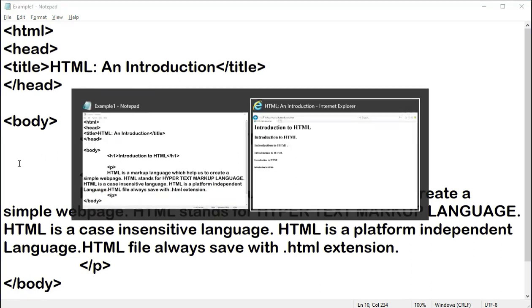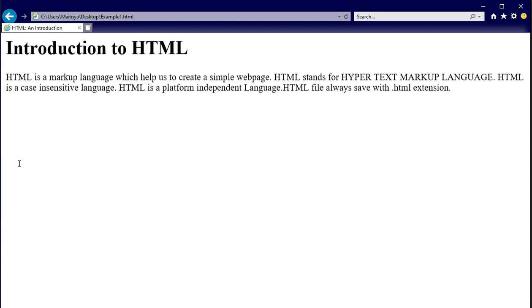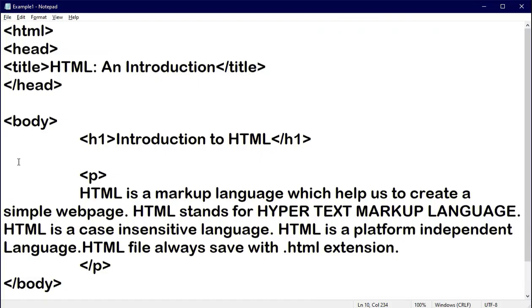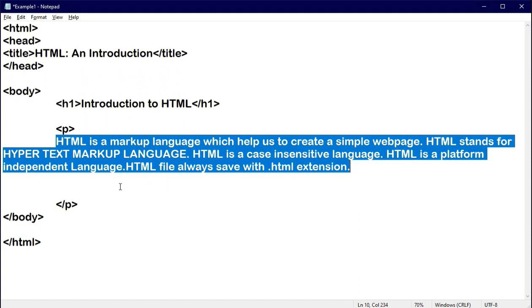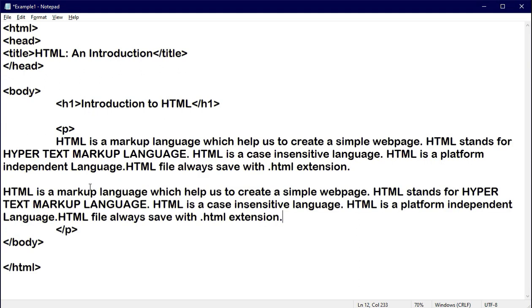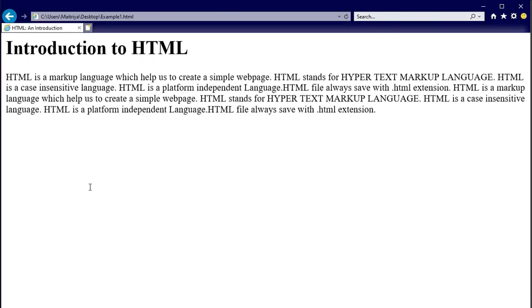Now this much information I have written. Just save your file, go to a browser and press the F5 key. Now you can see your information appears on your screen, right? Now here one simple paragraph is there. If you want to display a second paragraph, then by pressing the enter key, I am simply copying this content so that we do not waste more time typing. Now in one paragraph tag, two paragraphs are there, separated by one line. Now save your file and see the output.